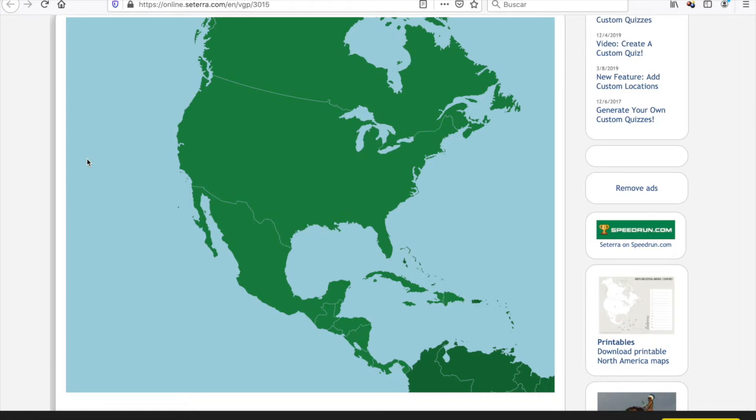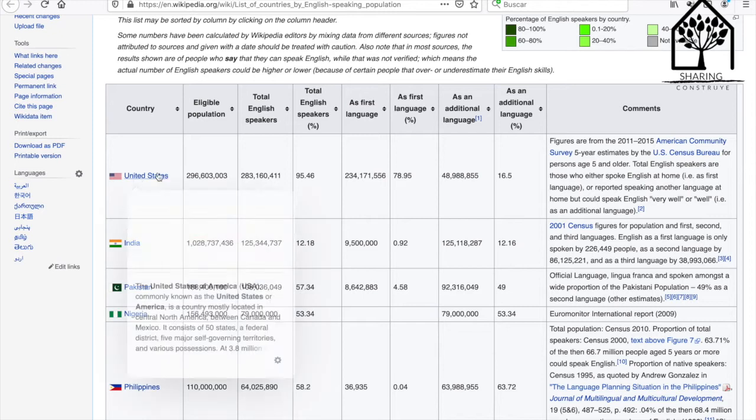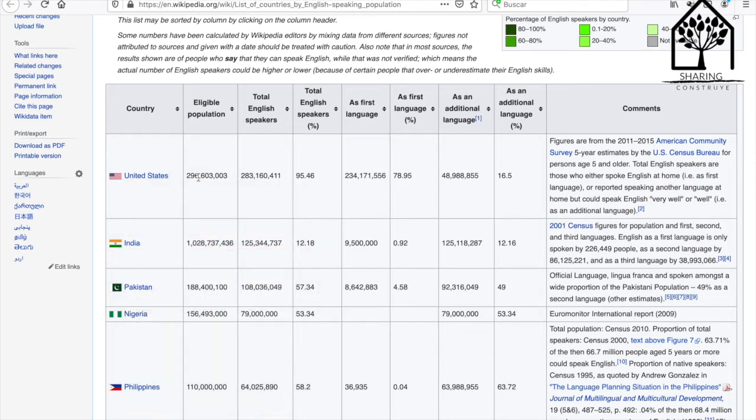Hello kids, today we will see some geography and the countries, their names and where they are. We will see them by the order of the total English speakers. Ok, los veremos ordenados, bueno, en el orden de cuántos angloparlantes tienen, así que vayamos. First we have the United States, Estados Unidos,